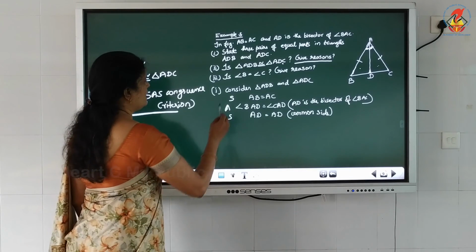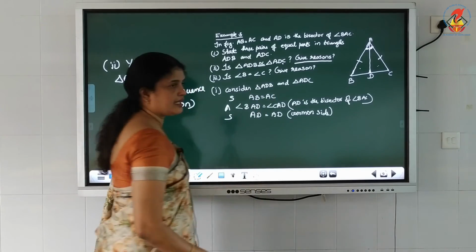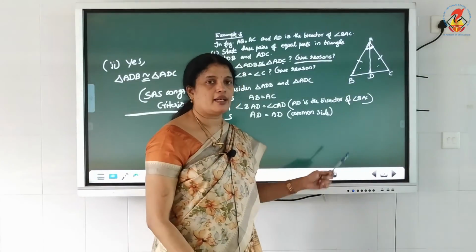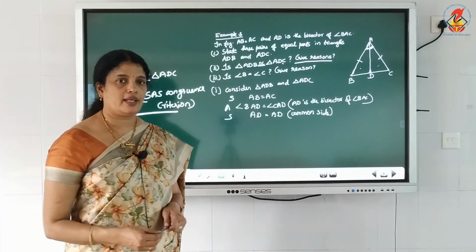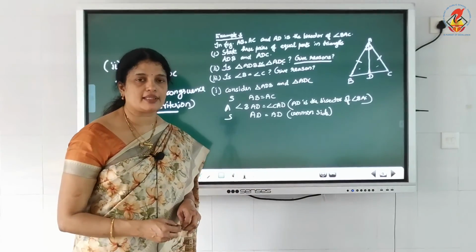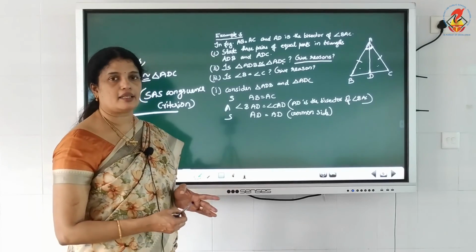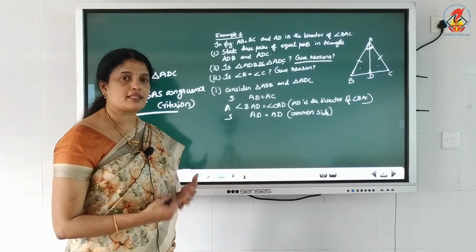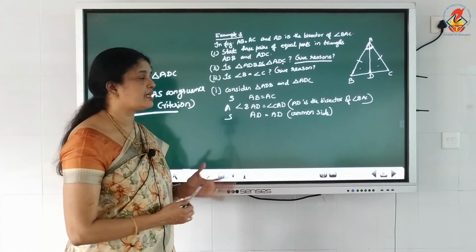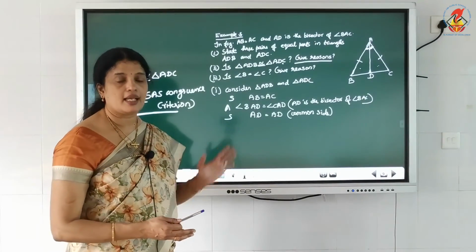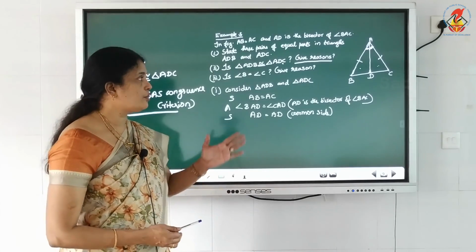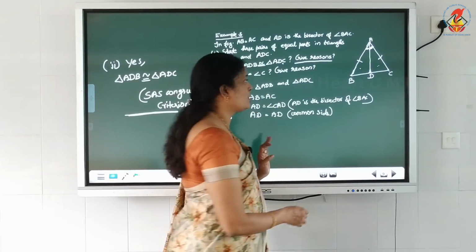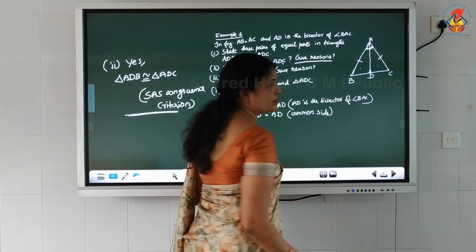Third question, is angle B equal to angle C? Here we already proved that these two triangles are congruent. In congruent triangles, corresponding sides are also equal. By SAS, we already proved that these two triangles are congruent. Next, you can write, not any sides, corresponding sides are equal. Then you can write angle B and angle C are also equal. Next, BD and CD are also equal.